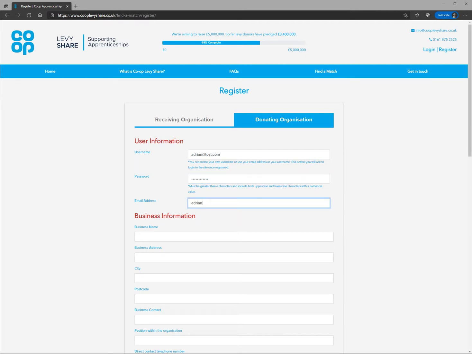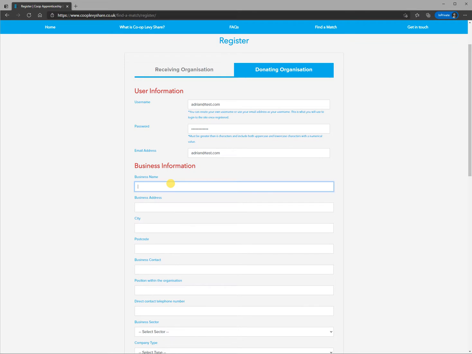Then you need to put in your email address, and that might be the same as your username, but this is the email address that the site and the administration team behind the site will use to contact you should you need any support, or should they want to get in touch to give you any information about any of the opportunities you're supporting through Levy Share. This is the email that they'll use, so it needs to be something that's regularly monitored. And then your business name